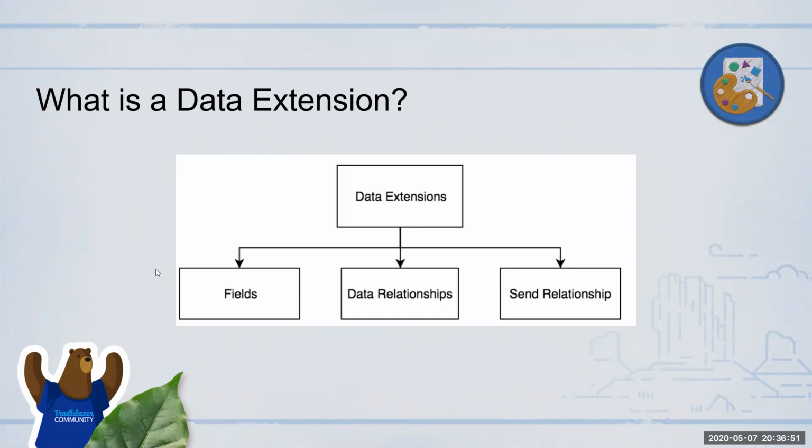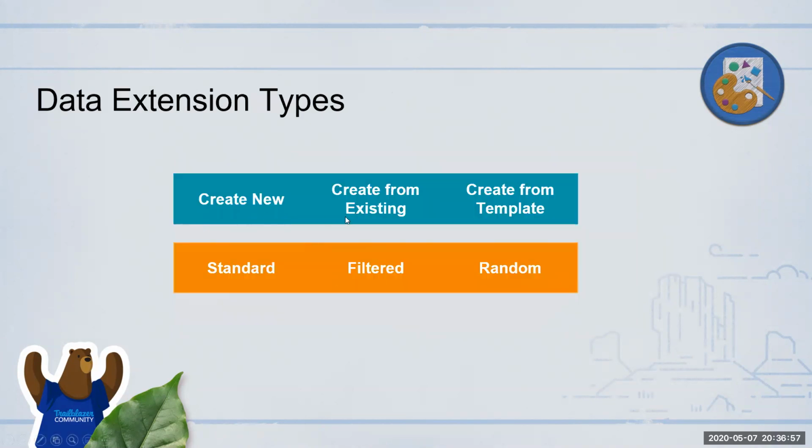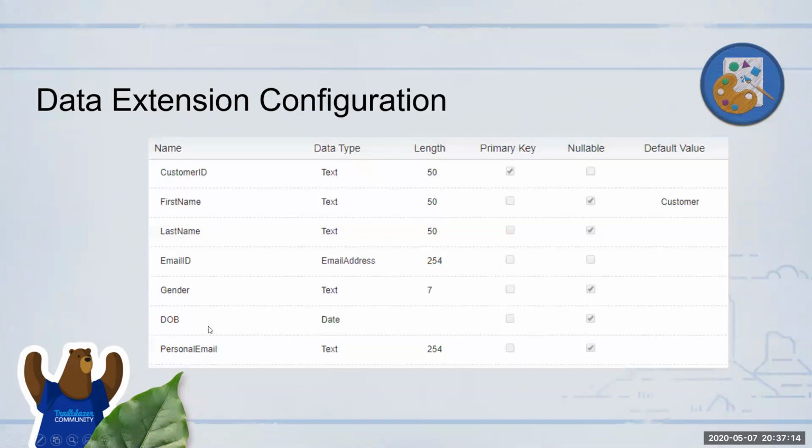Then we talked about how to look at data extensions from a creation standpoint. We can create one from scratch, we can create from an existing data extension, and we can create from a template. Then we saw how to create a standard data extension, and the different field types you can configure within that. I was also saying yesterday that if it's a sendable one, you should be able to provide an email address within that, so that Marketing Cloud knows which email ID to use when you do the email send.